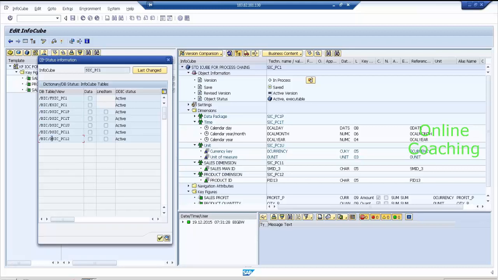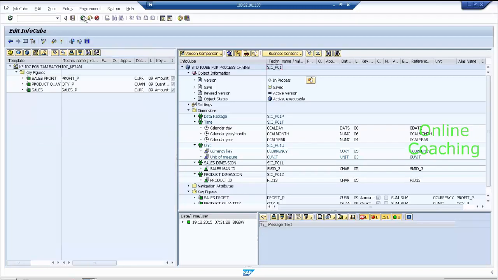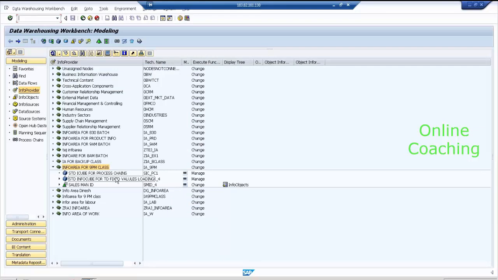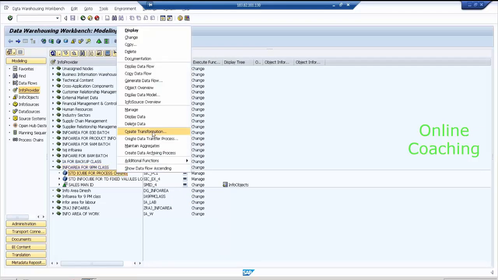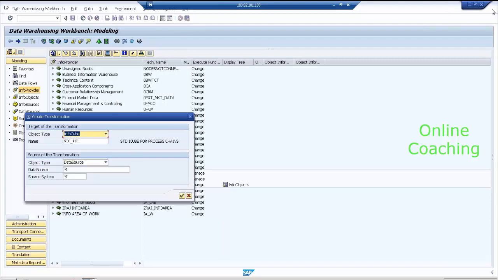The only change is the InfoCube technical name. The rest is standard for every InfoCube, and depends on how many dimensions you have created. Close this. Close this. Now my InfoCube is ready. I need to create a transformation. Right click on InfoCube, create a transformation, select the data source,